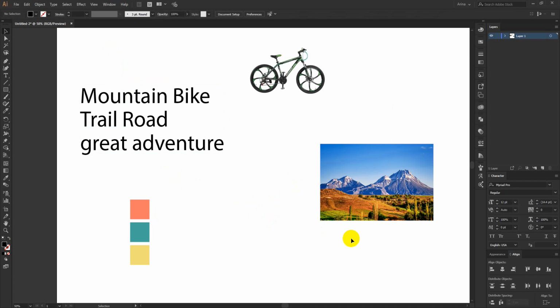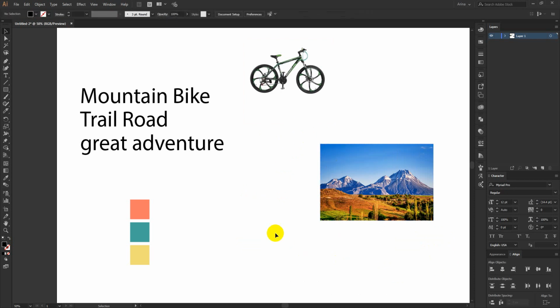You don't need to use others' vectors or free resource vectors from websites like Freepik or PNG, but there are tons of inspiration on the internet. You can just take them and make your own vector. There will be no copyright issue if you make this in your own style, and of course for your client work. If you make the vector, he or she will never face any copyright problem, and you will keep getting new work.